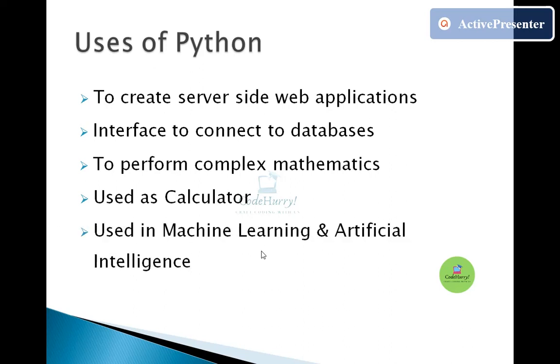Then it is used in machine learning and artificial intelligence, because it is able to perform complex mathematics, and it already has some modules which perform complex algorithms used in machine learning and artificial intelligence. So that's why Python is the most popular language in machine learning and artificial intelligence, and much more. These are just a few uses of Python which I have mentioned. There are many other uses of Python.